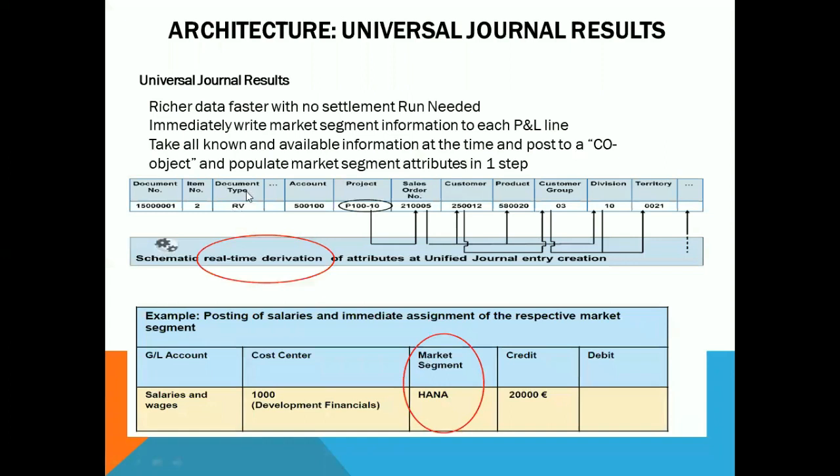If you see this table here, if I open the document, I can see the sales order number, the customer number, the product number, the customer group number. Whatever information you want, tell me, you can get the report. It means the maximum number of reports have been consolidated into one table, that is the universal journal entry table, from today.